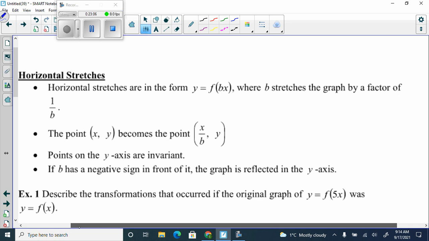With the y, we could take it from the y and multiply it or divide it over and get it away, and then we don't have to flip it anymore. But with the x, it's always going to flip. So this one we're going to say a horizontal stretch